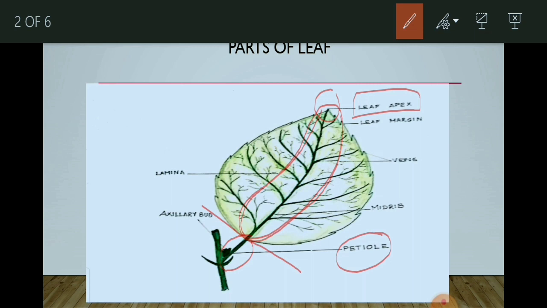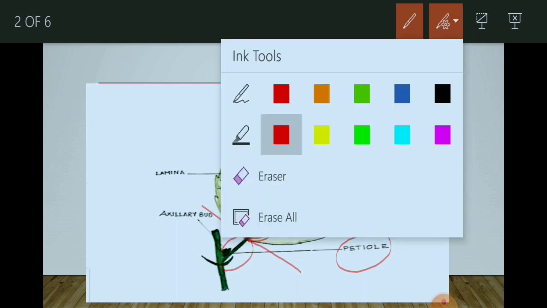Now, can you see from this midrib, these fine branches are arising? So these fine lateral branches, what is the meaning of lateral? I've already told you, that is the side branches. Sideways, if someone is moving sideways, then that is known as lateral. So, the fine lateral branches arising from the midrib are called the veins. The middle portion is known as midrib. And the lateral branches which are arising from the midrib are known as veins. Okay, I hope this one is clear to you.